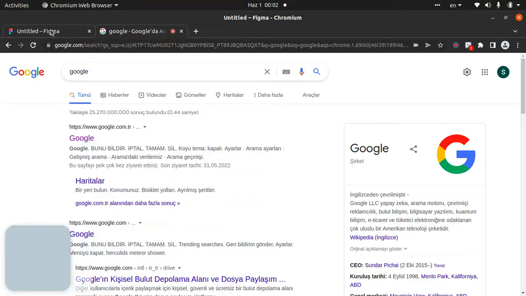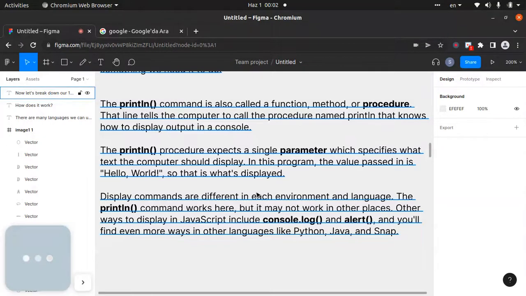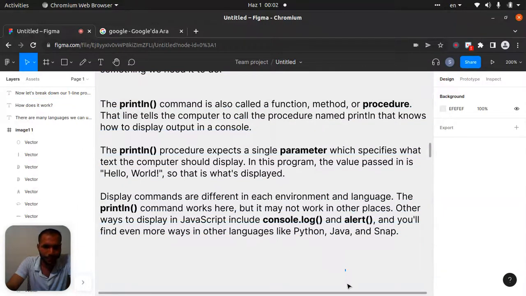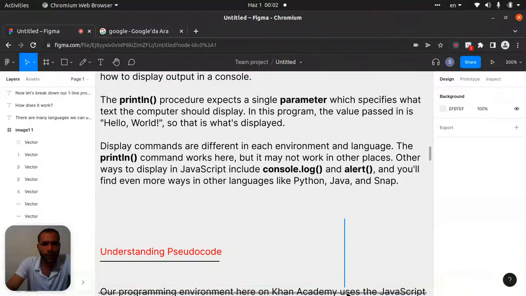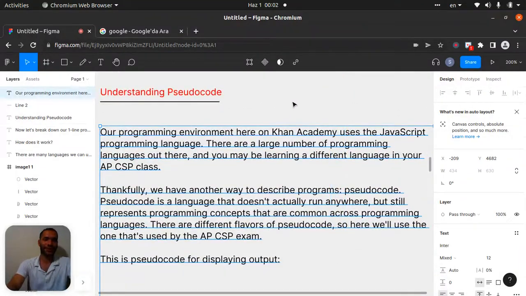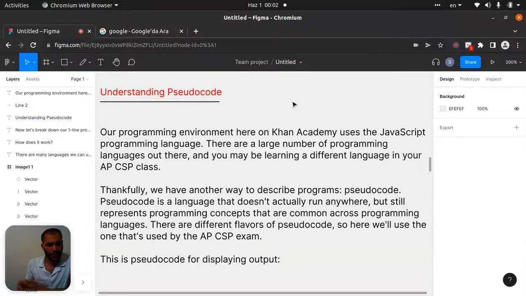I showed you two programming languages. The first one is JavaScript. The second one is Python. Let's come down. Now let's look at understanding pseudocode. Pseudocode helps us without programming. Just think you have a paper and you want to create the infrastructure of your codes, like you want to explain your codes to someone. You don't need to put there some codes, you can do the pseudocode, which is like a human readable system, not the programming languages in an editor.